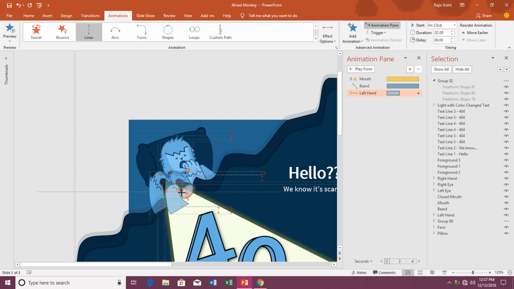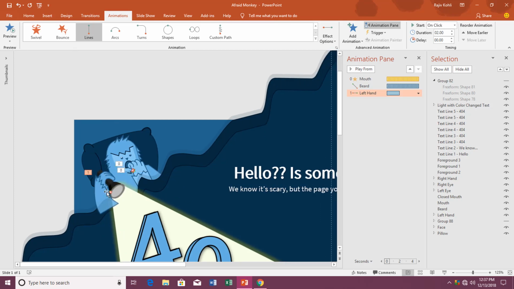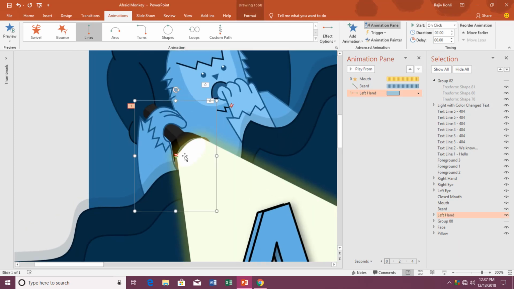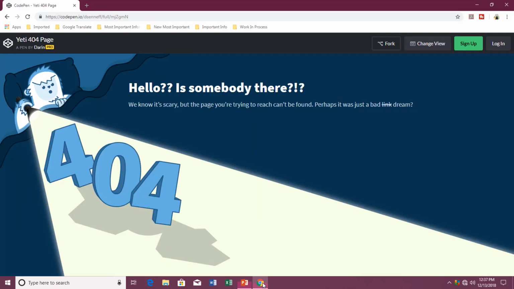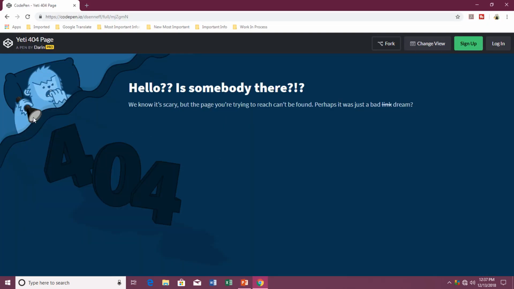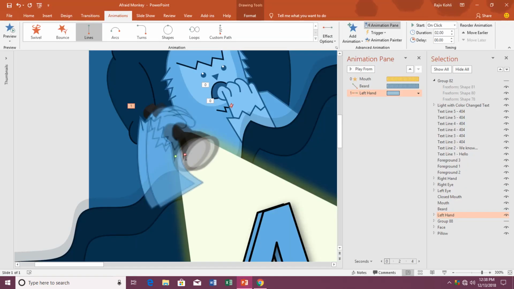That is why it doesn't matter which direction you choose, you can always adjust the path as you like. So let me zoom in here and adjust the path. I think that much is fine. Let me see the original animation. Okay, I think that much length is fine.